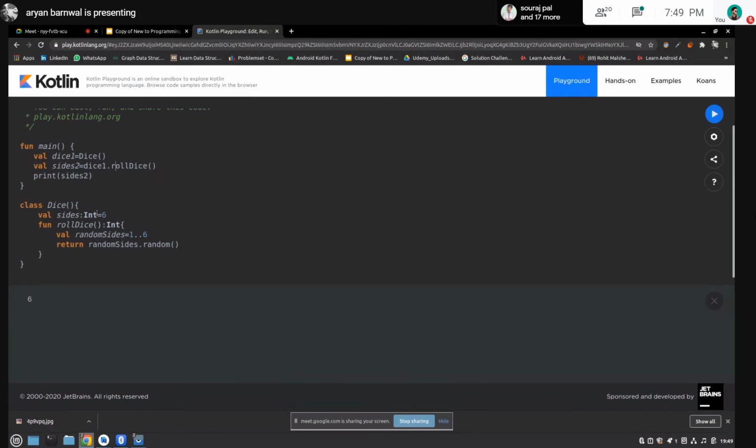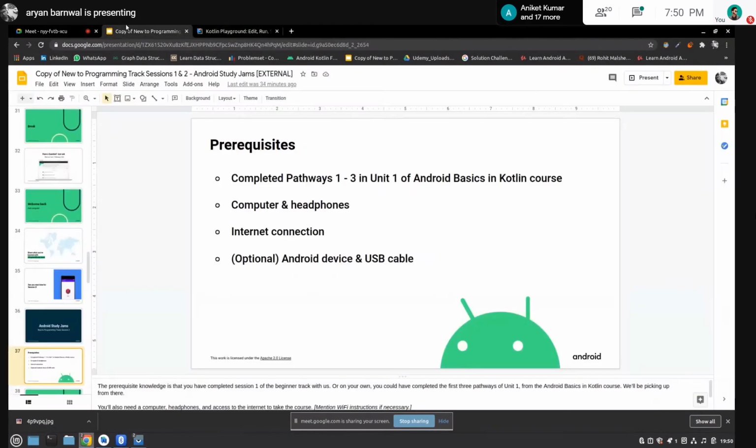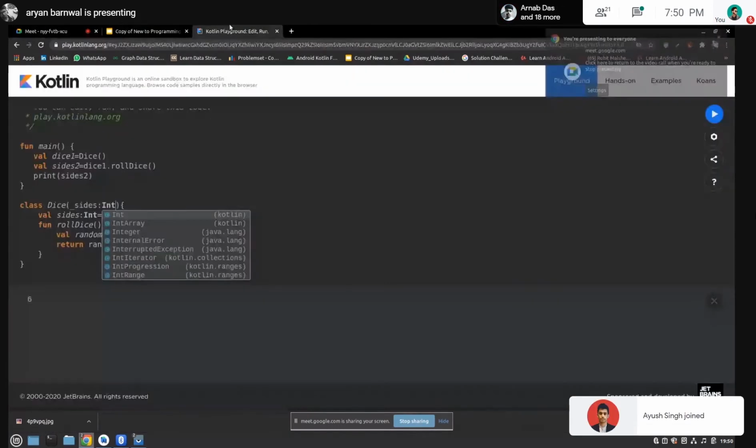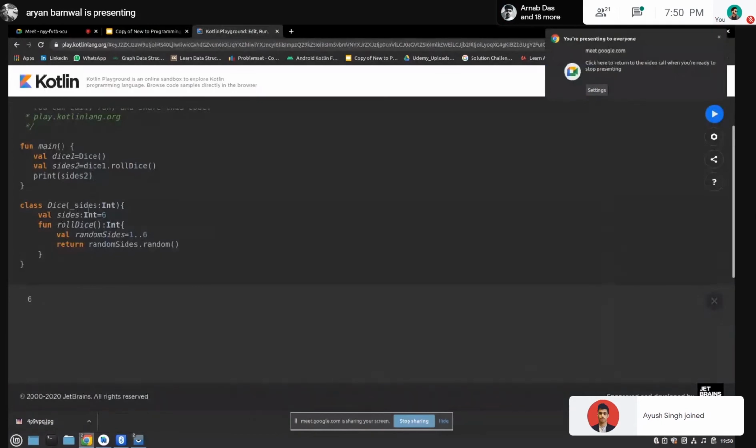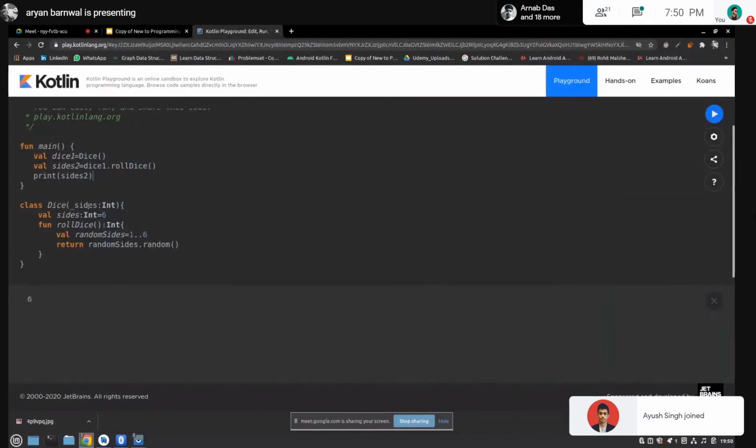Like a function, a class can also take some parameters. Like it will take a number of sides. So the class will take a parameter which is of side of int type.